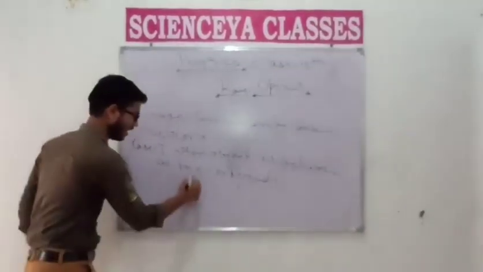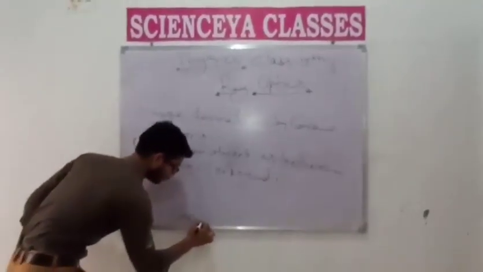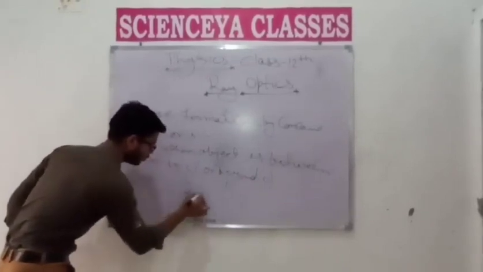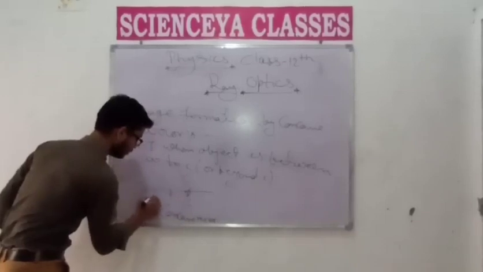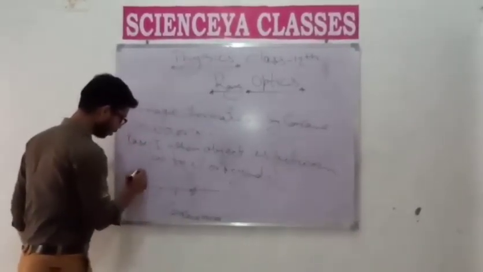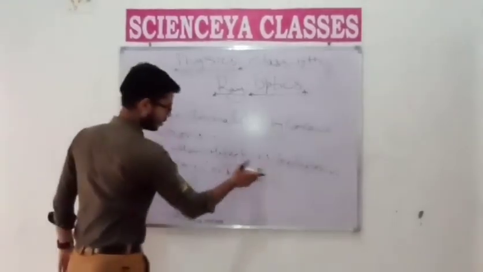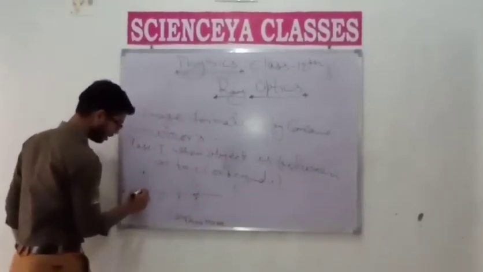Okay students, let us draw again a concave mirror. This is the pole, this is the principal axis, this is the principal focus, this is the center of curvature. So students, if we place an object between infinity and C, okay students, suppose AB is